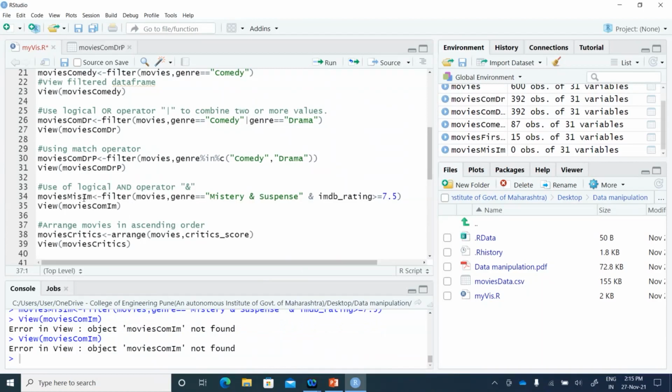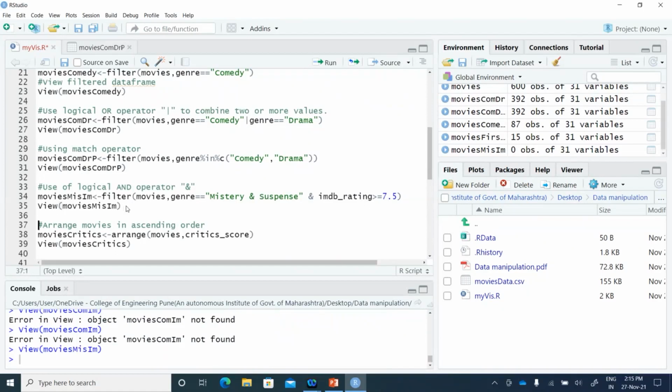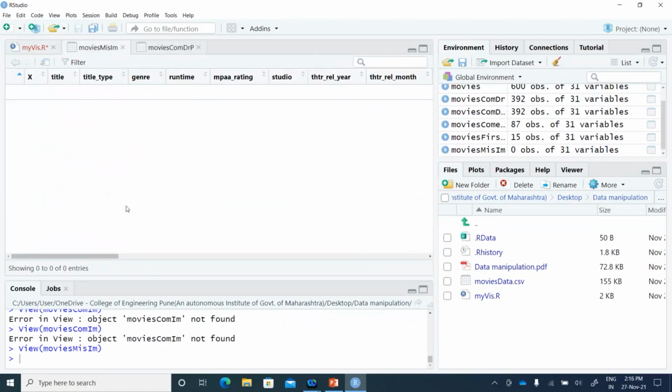Why? Because I had created it with mystery and IMDb data, but I have given the wrong name of that data frame here, so it is giving an error. Obviously you need to be careful while you work on this.